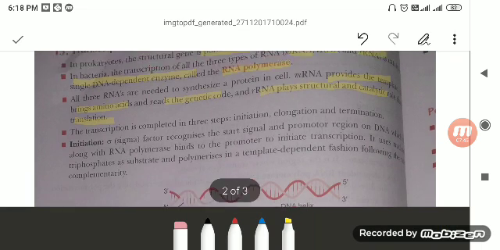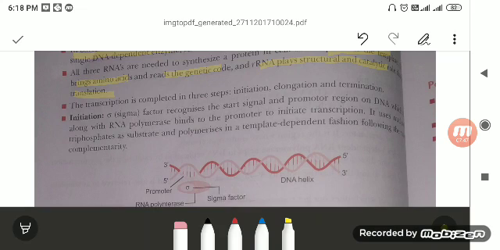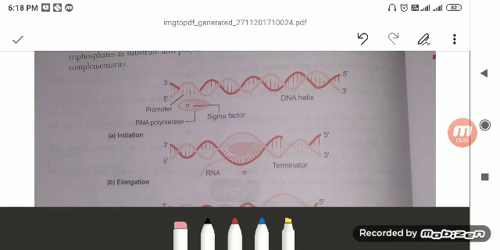The transcription is completed in 3 steps. So the first step is initiation, as we have discussed in the transcription unit, that is your promoter. So this is the segment of the DNA, the DNA helix, and one particular segment is going to unwind. Suppose this is the cistron, where the unwinding, the breaking of the hydrogen bond takes place, and at the 5' position of the coding strand, the promoter,